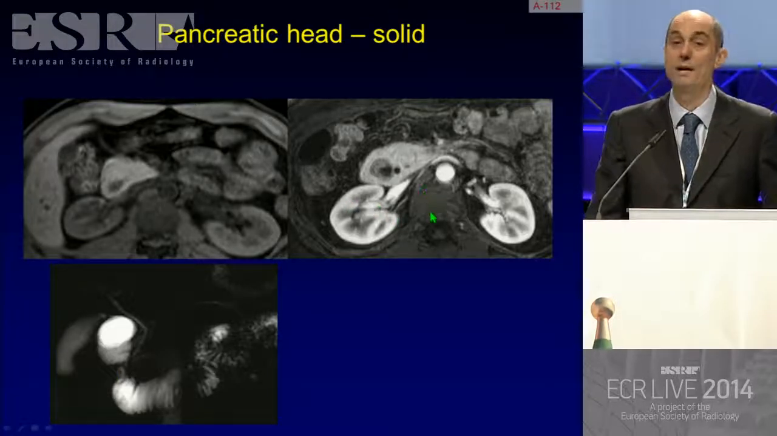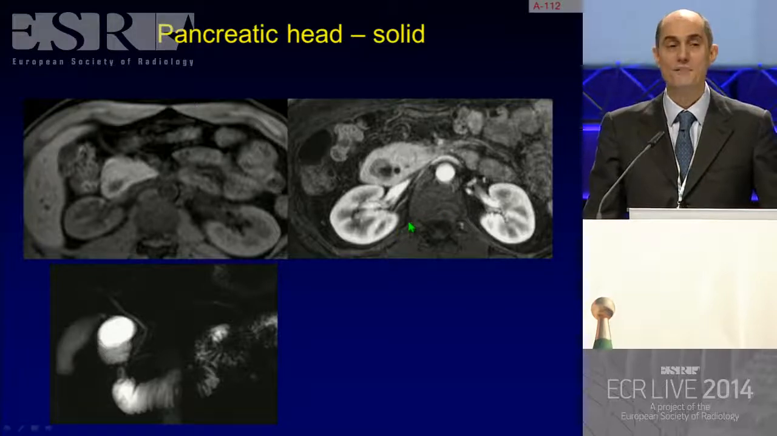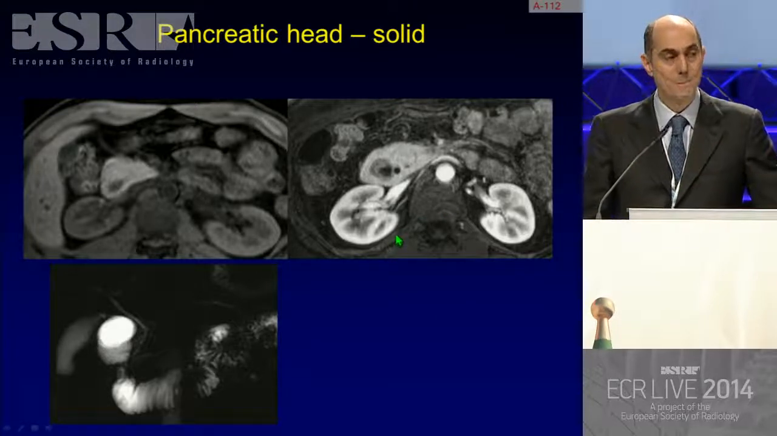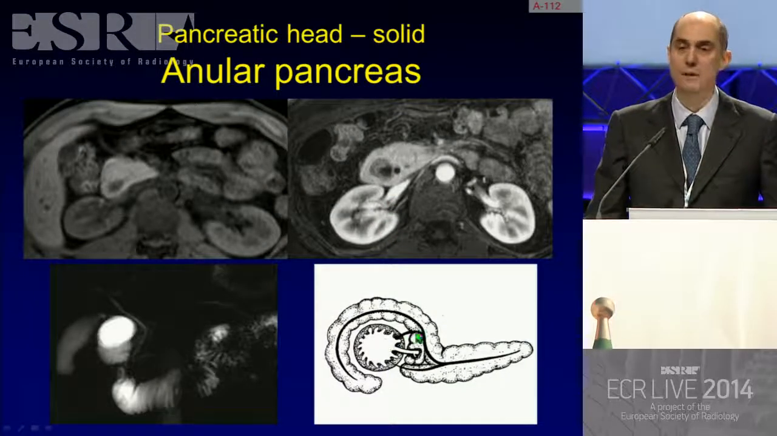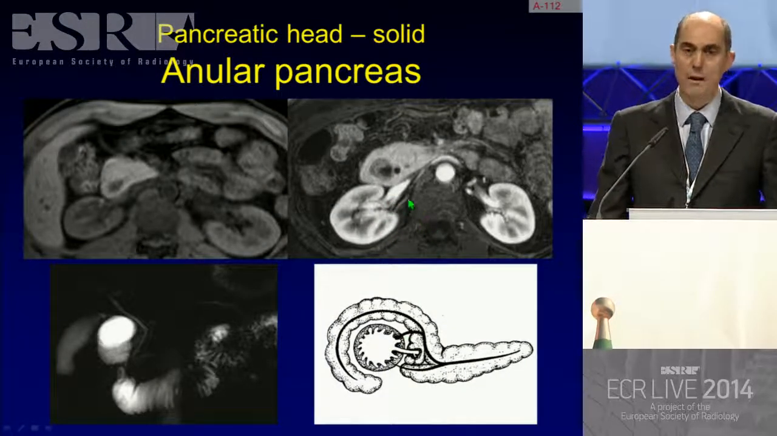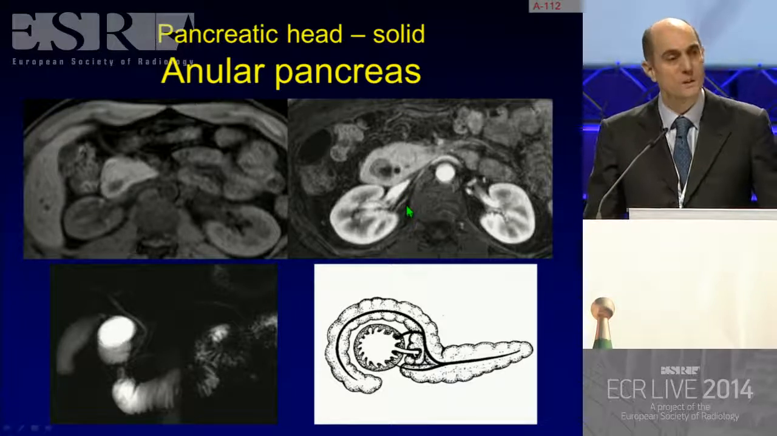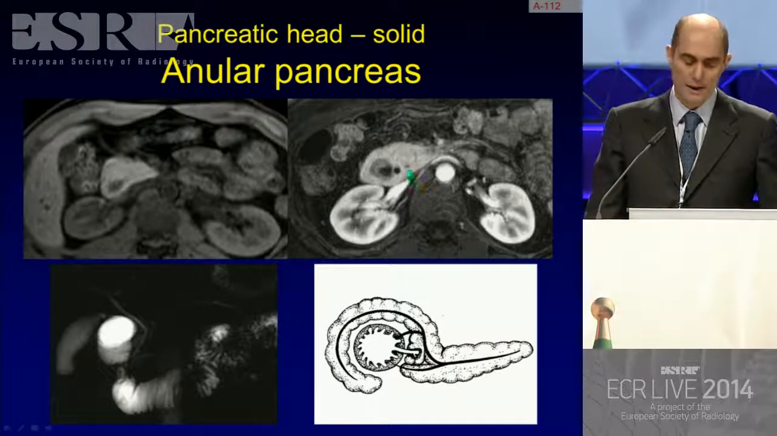Is this a pancreatic adenocarcinoma invading the duodenum? Well, the answer is no. This is an anatomical variant. This is annular pancreas. That means, and which are the hints, which are the clues for the diagnosis, are the